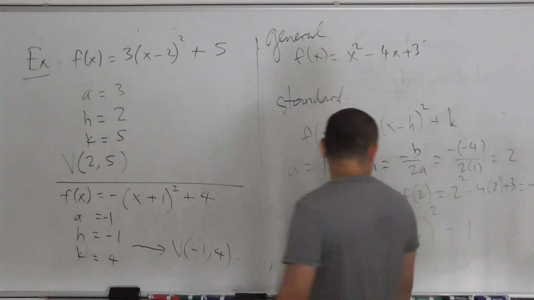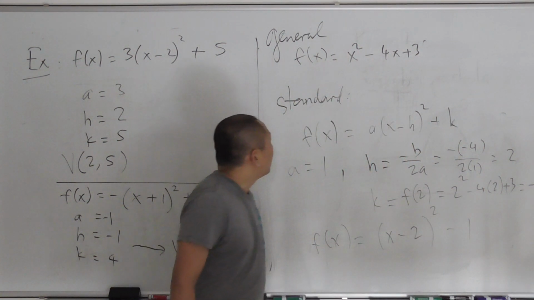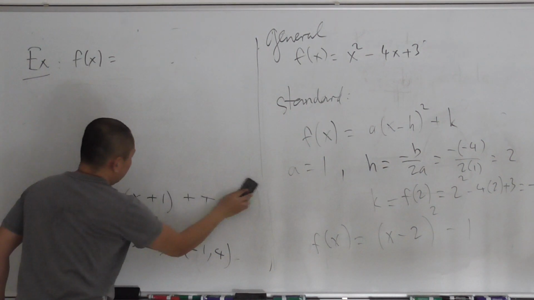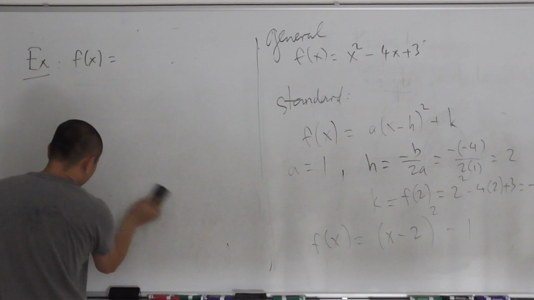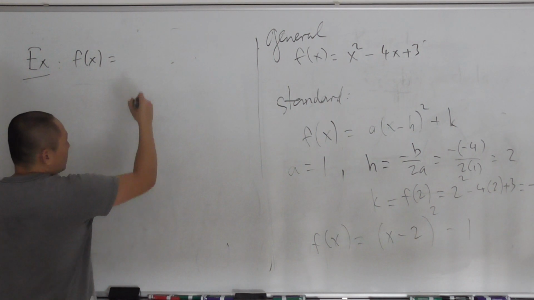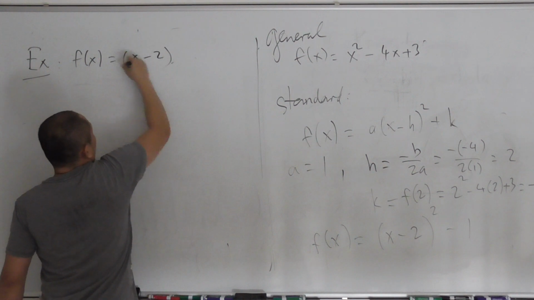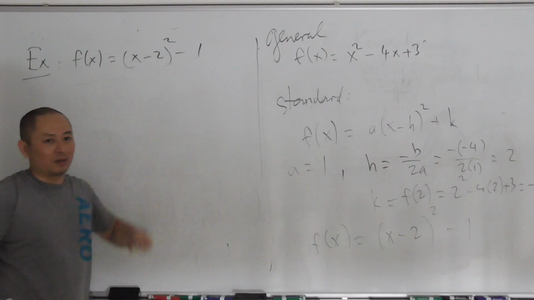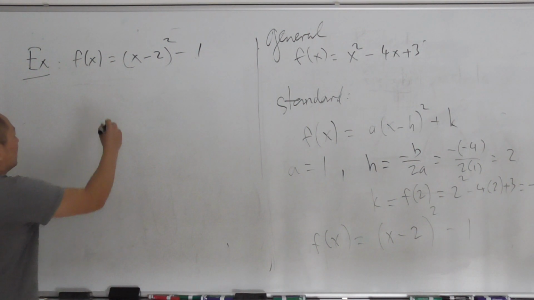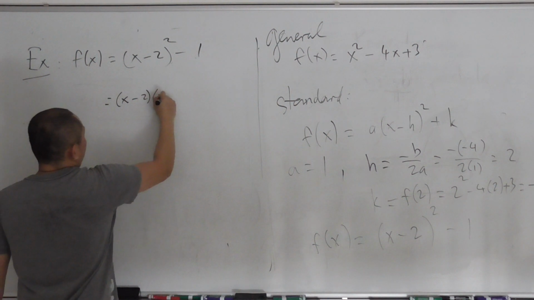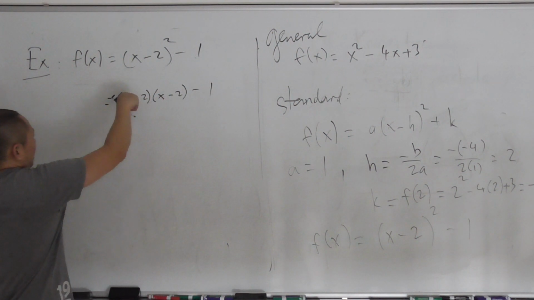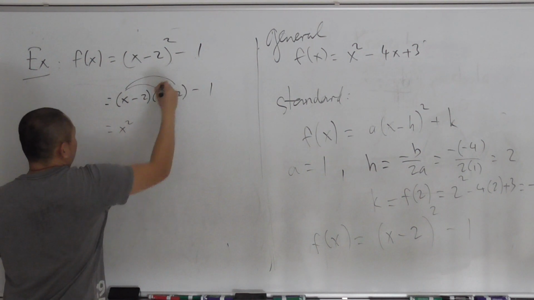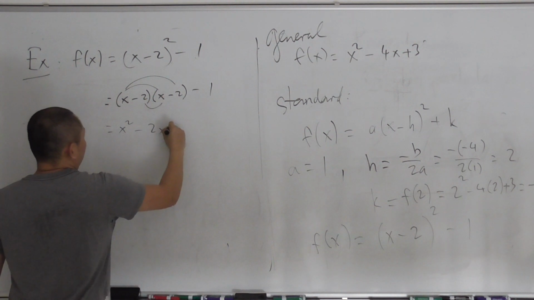Alright, what about the other way around? Say you have a standard form. Can you bring it back to general form? Of course, you can do that too. Say f of x equal to x minus 2 squared minus 1. Just FOIL that thing out, then combine the like terms, and bring it back to the general form. x minus 2 times x minus 2, and then minus 1. x times x is x squared. x times negative 2 is negative 2x. Negative 2x, negative